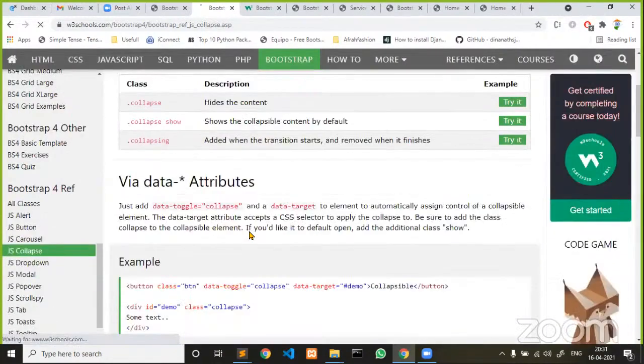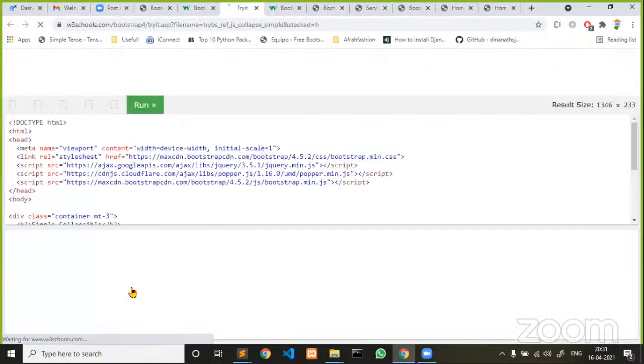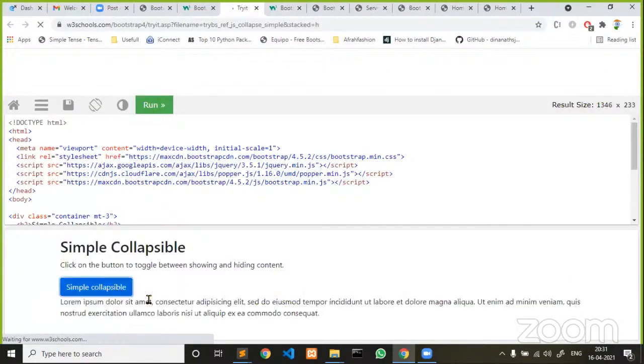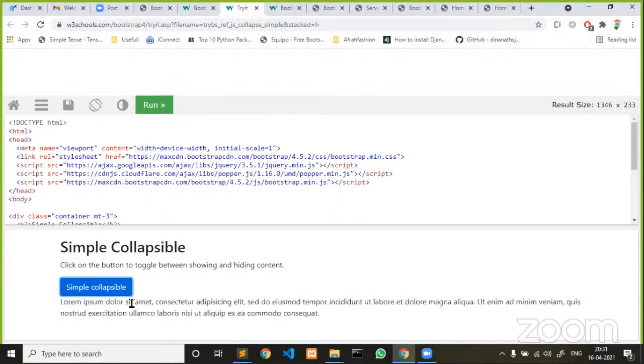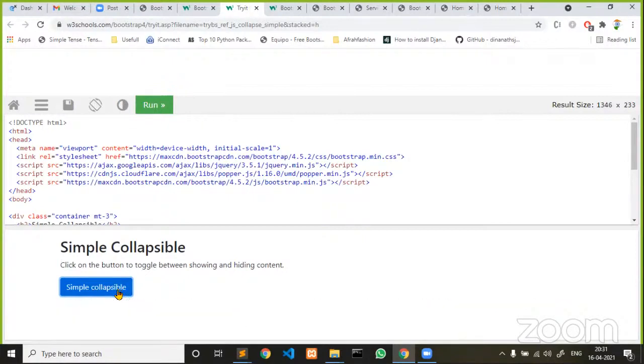If you try yourself, on click, the text is displaying. On another click, the text is hiding. This is a kind of collapsible. This can also be easily achievable by using Bootstrap without writing too many lines of code. If Bootstrap is not there, on click, you have to attach a click event, and you have to select the paragraph and display. On another click, you have to select the paragraph and make it hide. This is all the code you have to write from the scratch.